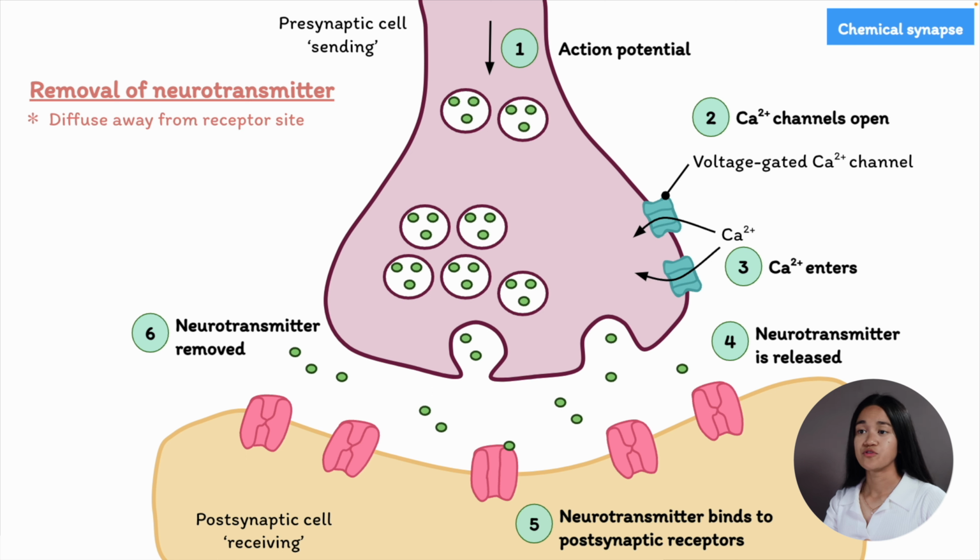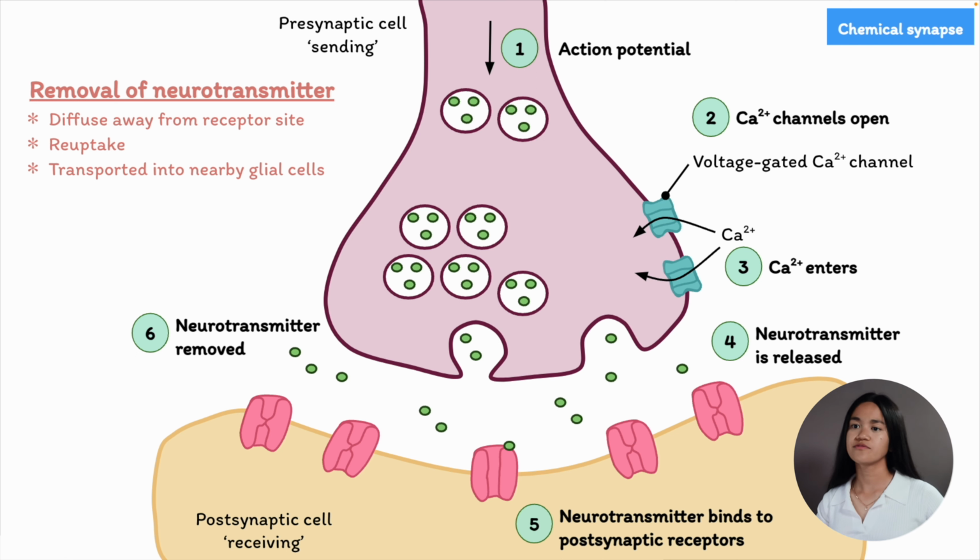Number one, they diffuse away from the receptor sites. Two, they are actively transported back into the presynaptic axon terminal via reuptake. Another way is that they are transported into nearby glial cells where they are degraded or enzymatically converted into inactive substances, some of which are transported back into the presynaptic axon terminal for reuse. Now, the enzymes involved in this process may be found in the synaptic cleft, on the presynaptic or postsynaptic membrane,